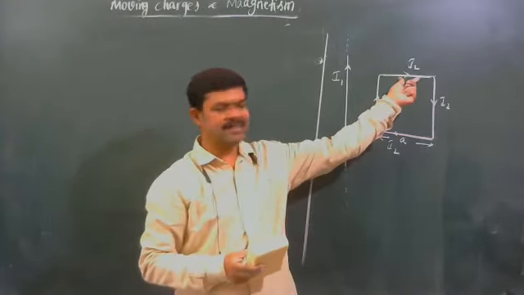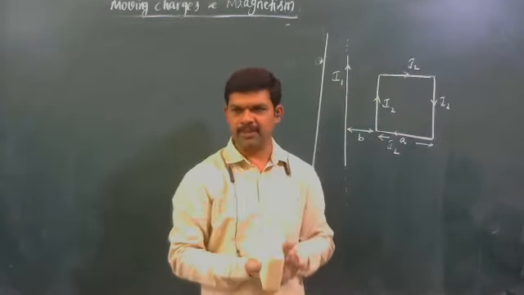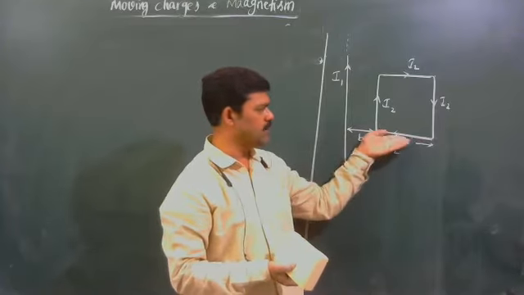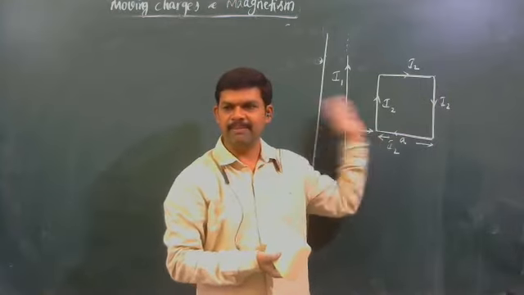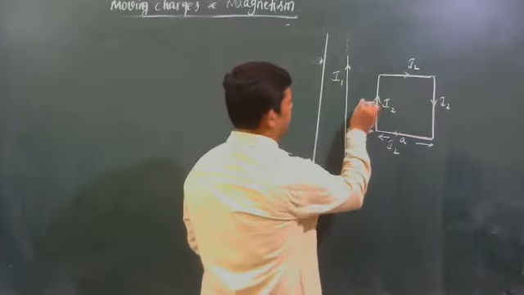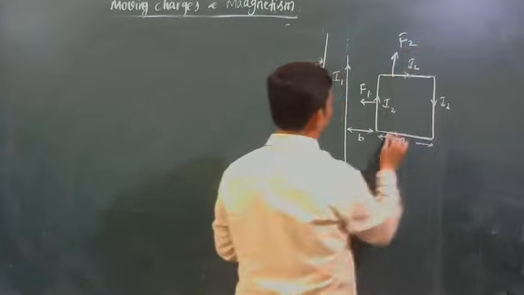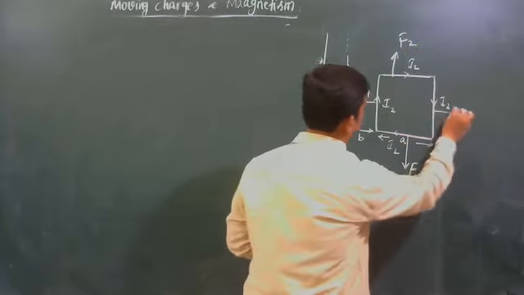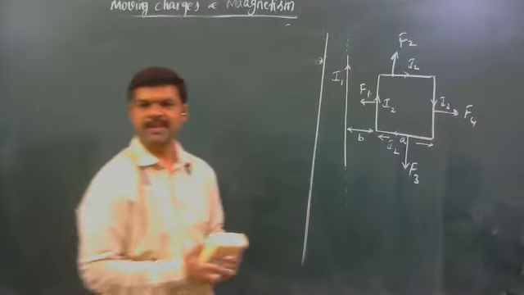This conductor is in the same plane, perpendicular. Just now we solved the problem. And this conductor is also in the same plane but perpendicular to this. This conductor and this conductor are parallel, right? Let force acting on this be F1, force acting on this F2, force acting on this F3, force acting on this F4. Can I write with the directions?